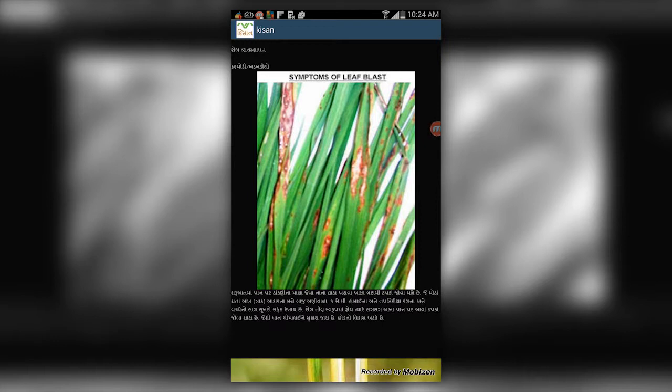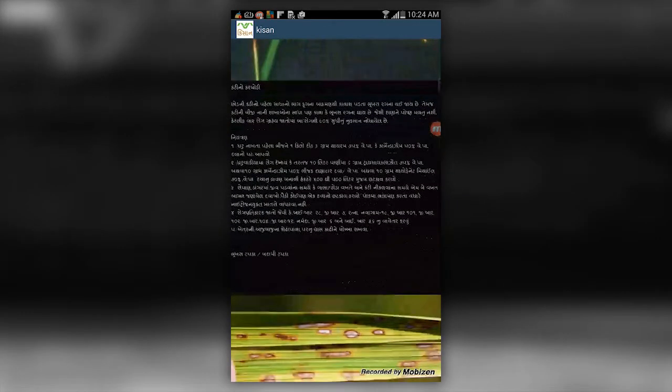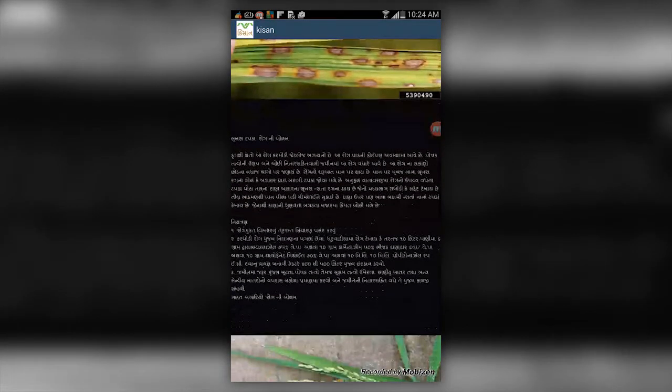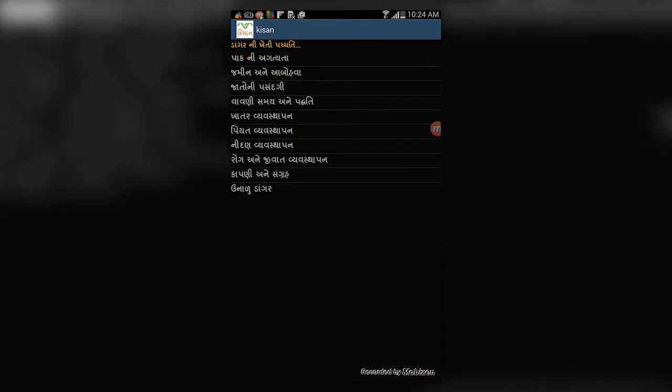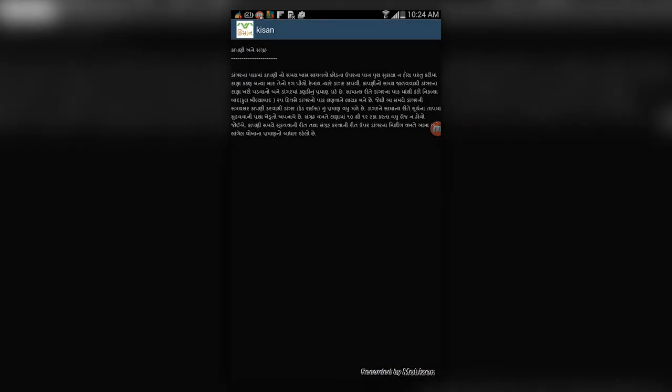Then the most important thing is pest and disease management. That means what kind of disease this paddy can have and how to resolve this disease, how to overcome disease and pest, that everything is written here. Now you will see it here. It contains photograph with the identification of that particular disease name and what the treatment you should give for getting out from that disease. Everything is available. So any farmer is having this app, he or she can look after this thing. They can see the image and they can justify what disease that is being occurred to their paddy cultivation, and they can take the appropriate measures for that.